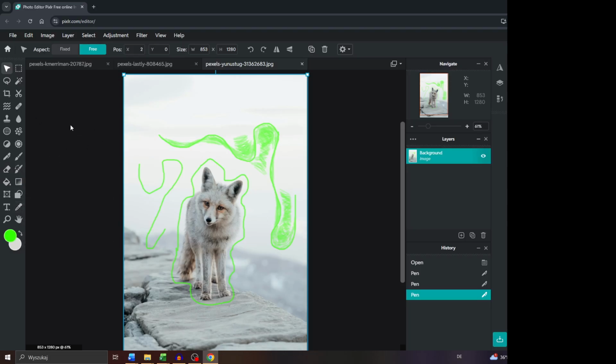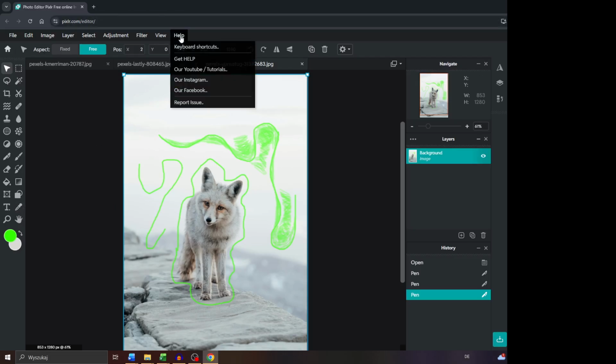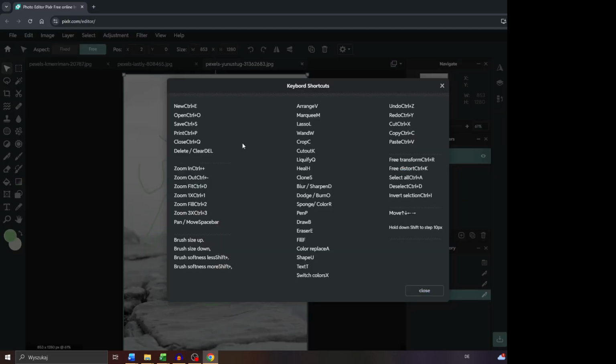If you'd like to learn all of these guys and get a better overview of them, simply navigate to Help here at the top and select Keyboard Shortcuts, and there you go. Here we'll see a list of all of these shortcuts you can use, for example, like Arrange, Redo,